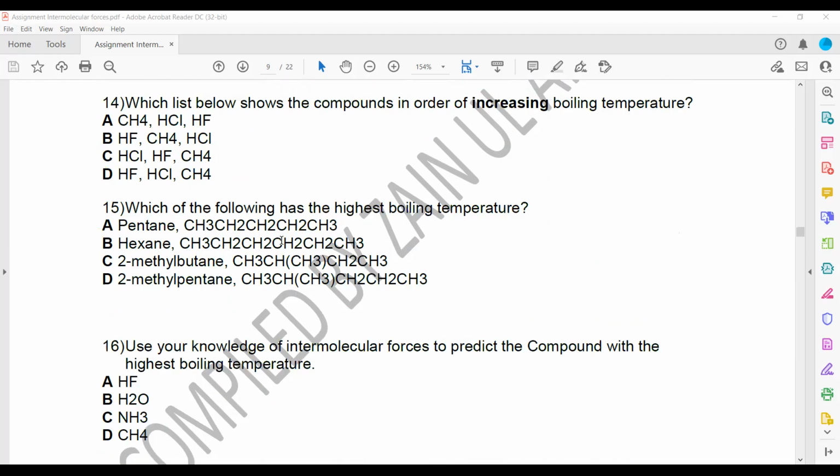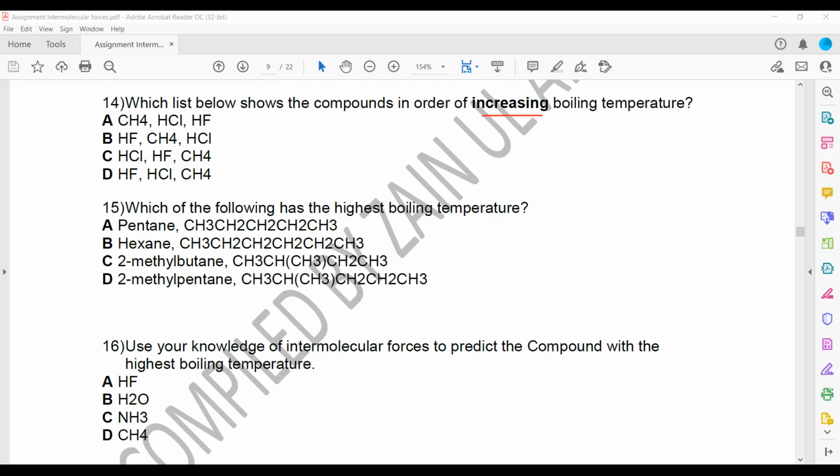In question 14, which list below shows the compounds in order of increasing boiling point? So boiling point is increasing. When we check, CH4 will have a low boiling point, then HCl, and HCl will have a lower boiling point than HF. So it will be